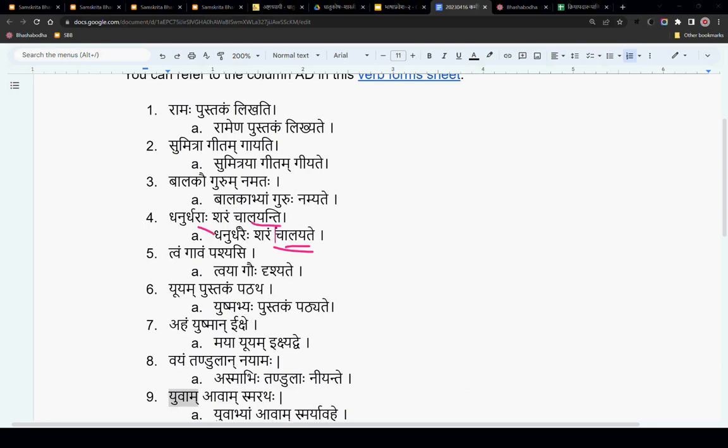Now, what is the dhatu for Chalayanti? In Kartari Prayoga, Kriyapada is Chalayanti. Ekavachana is Chalayati. What is the dhatu there? Is it Chalaya? Chala. Chalaya.